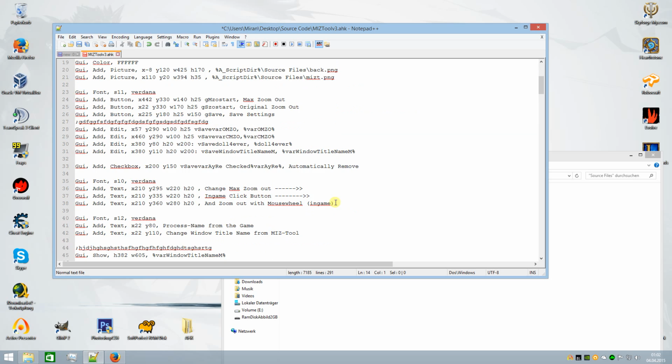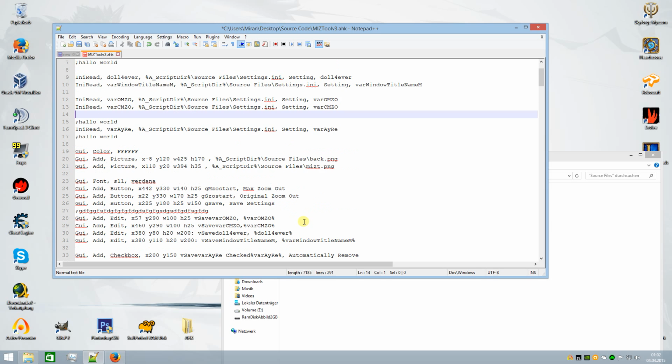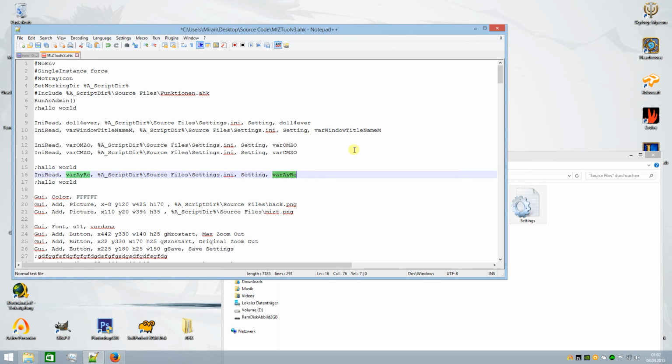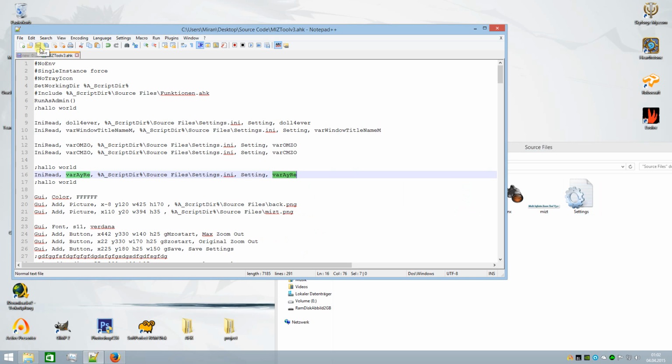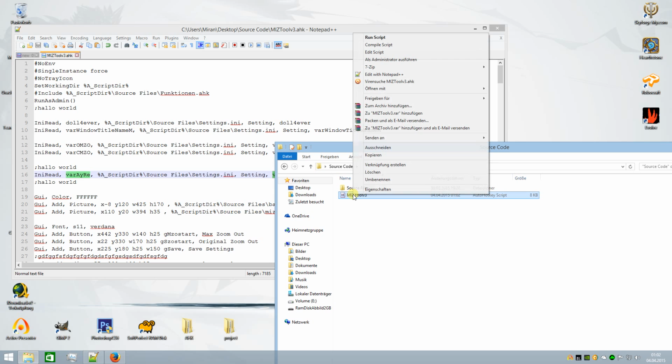It's good to do that because it gives you more protection, okay. And you can change this one here too, and this here, and this here, and this here, okay. And if you have done all, we save it, okay, and let's open it, double click it, or make a right click and say run script,